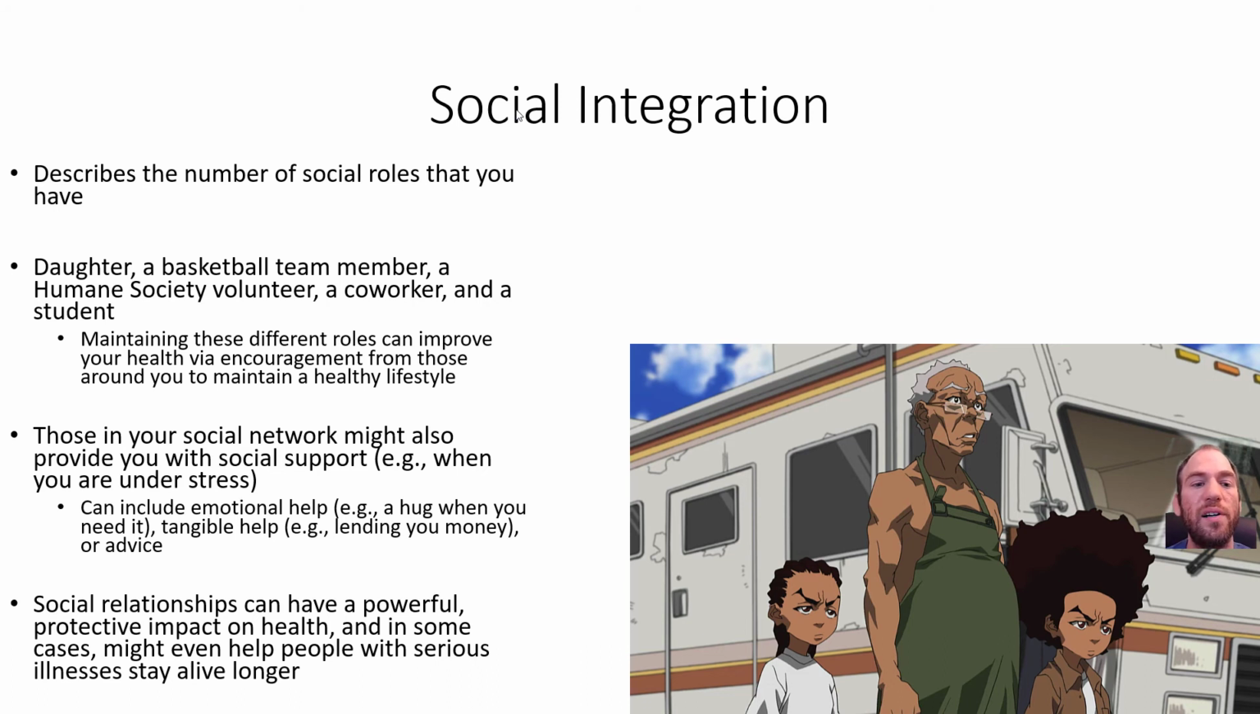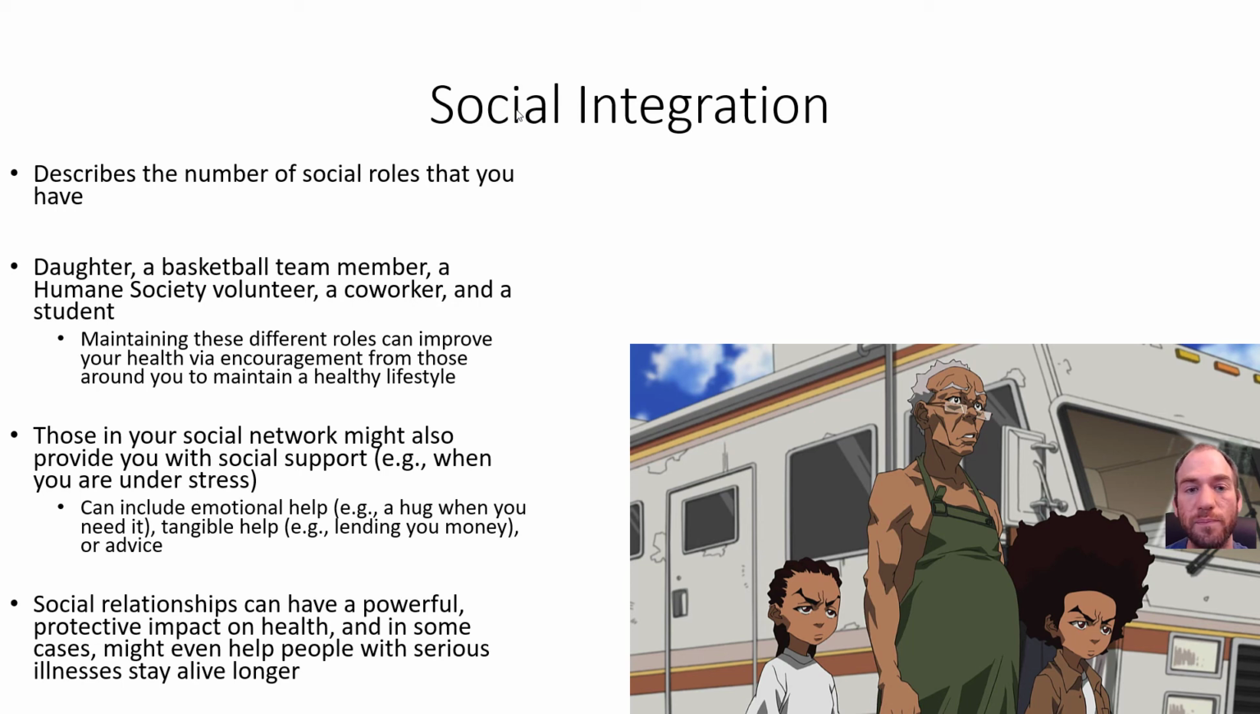For example, a daughter can be a basketball team member, a humane society volunteer, a co-worker, and a student. Maintaining these different roles can improve your health via encouragement from those around you to maintain a healthy lifestyle. Those in your social network might also provide you with social support, which can include emotional help, tangible help, or advice. Social relationships can have a powerful protective impact on health, and in some cases might even help people with serious